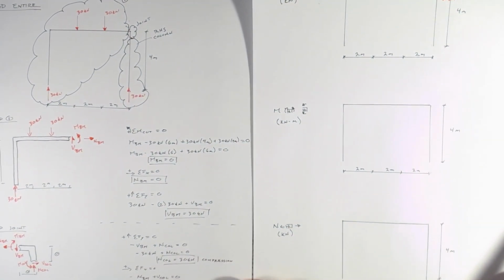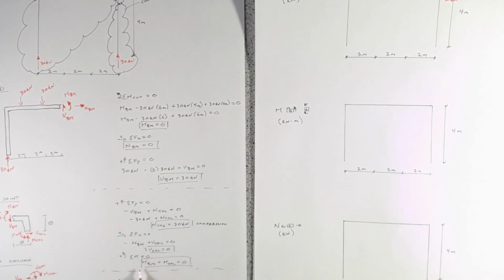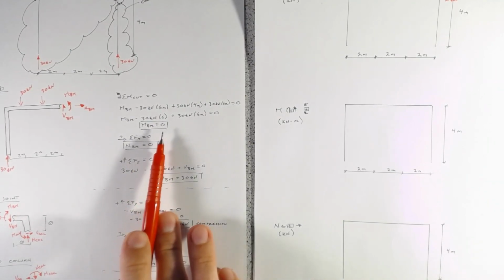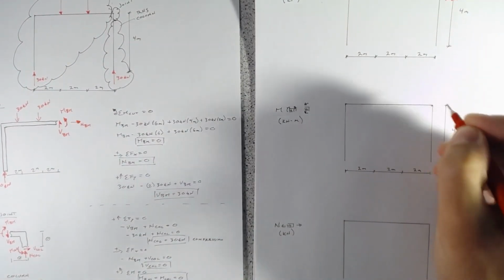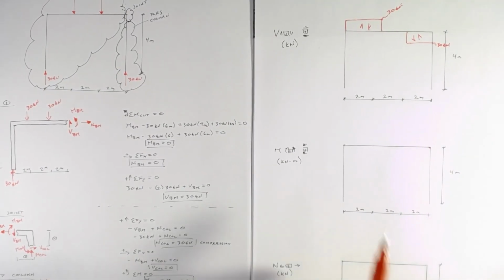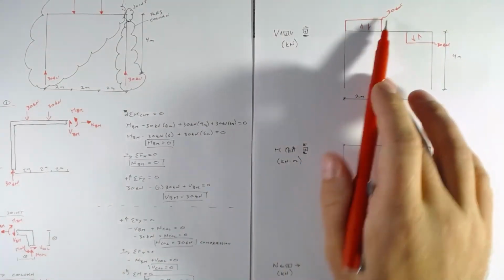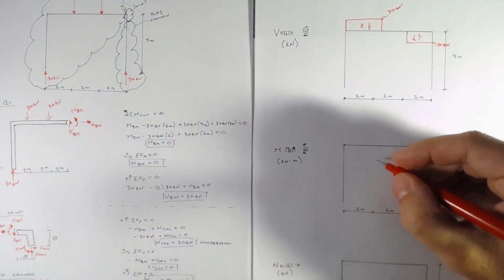For the moment diagram, we know that the moment of the beam at the joint equals the same moment as what's in the column, which is 0. So M_BM is 0, and then the column moment is 0. So we know that we can start our moment here at 0. And if we have a constant shear, the magnitude of the shear force diagram will be the slope of the line of our moment diagram. So we know that we've got a shear here,